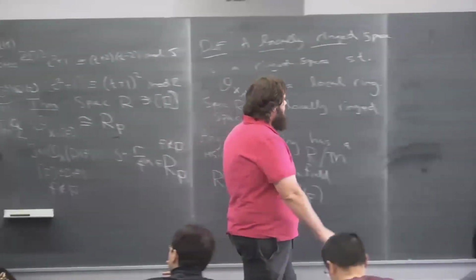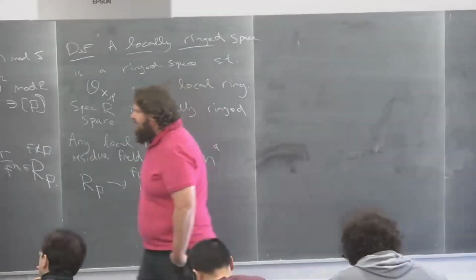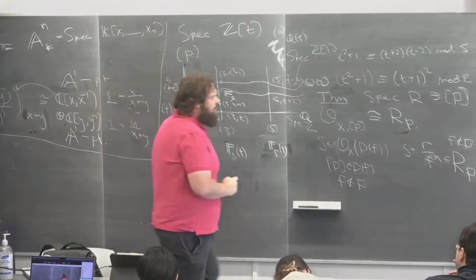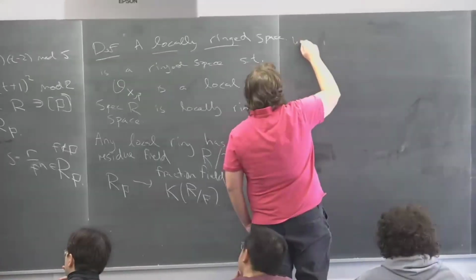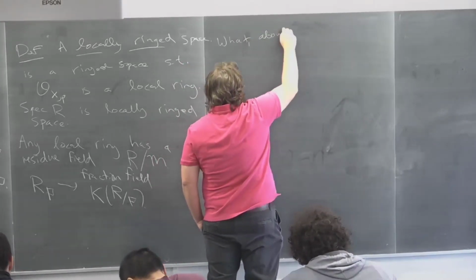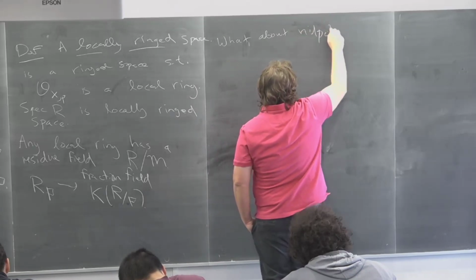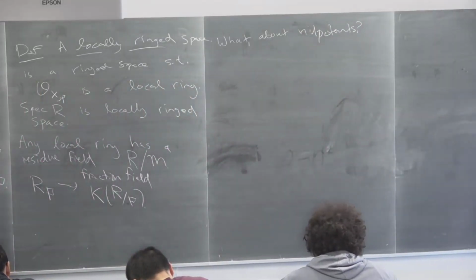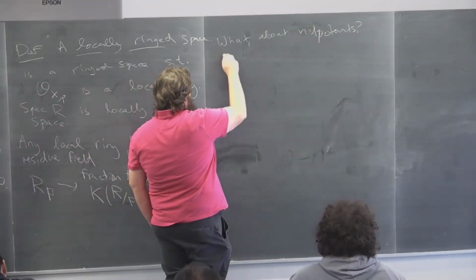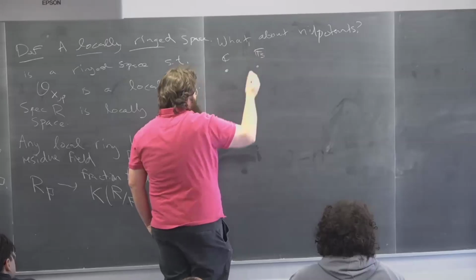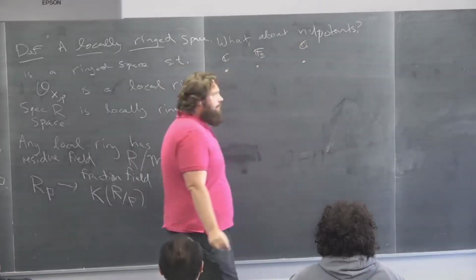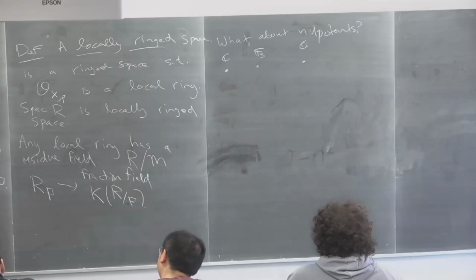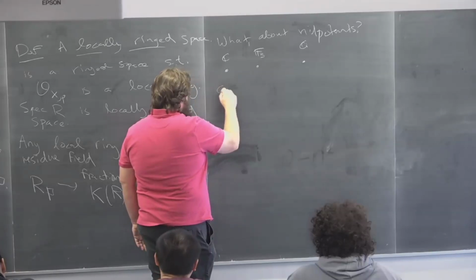So the one thing I kind of haven't dealt with here, or at least I only dealt with it a little bit and kind of swept it under the rug, is what about nilpotents? So we've hopefully gotten a little bit comfortable with the idea that there's not just one point in scheme world. There's a different point for each field that might be sitting on that point. But then there's another kind of structure that points can have, which is they can have some nilpotent stuff on them. I could have something like C of t